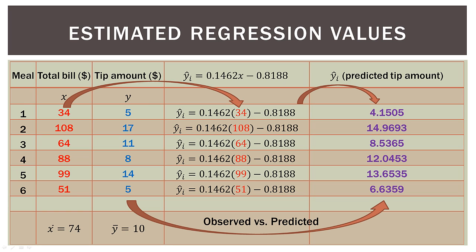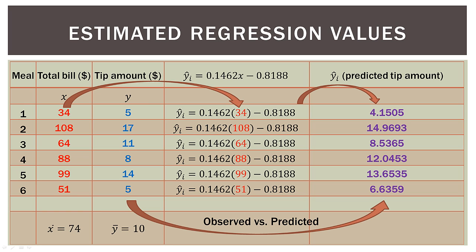So for this meal that was $34, the waiter received $5. Now our regression equation would have predicted a tip of $4.15. Let's skip down. We had a meal that was $88. The waiter or waitress received $8. Now using our regression equation, we would predict a tip of $12.05. So you can see the observed tip amount is not always, or usually is not, the predicted tip amount